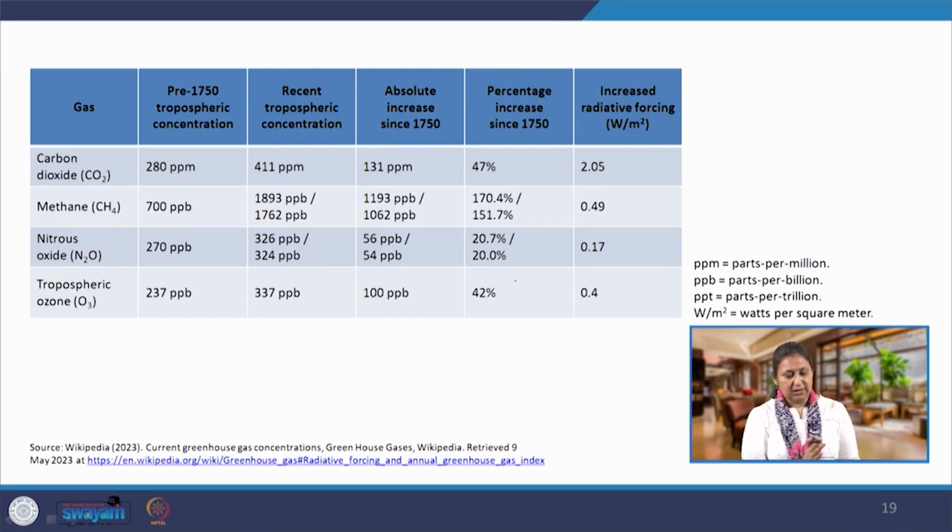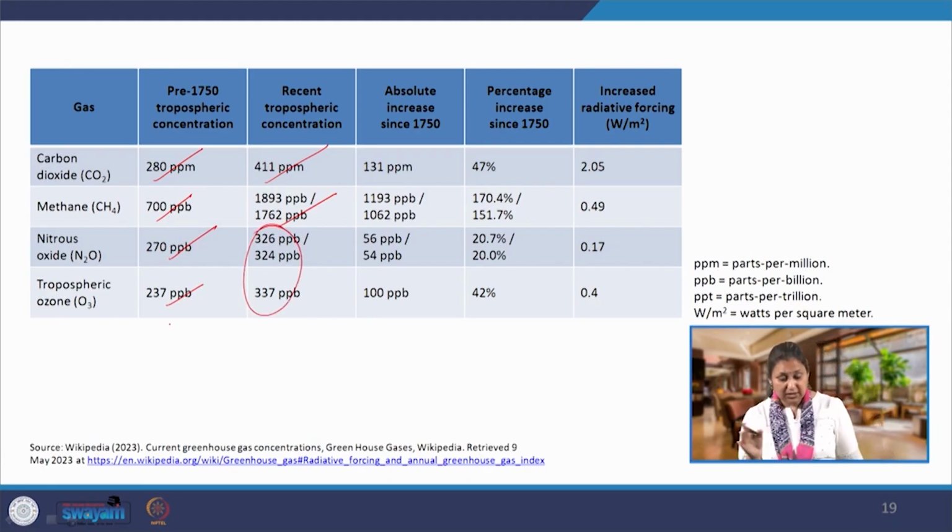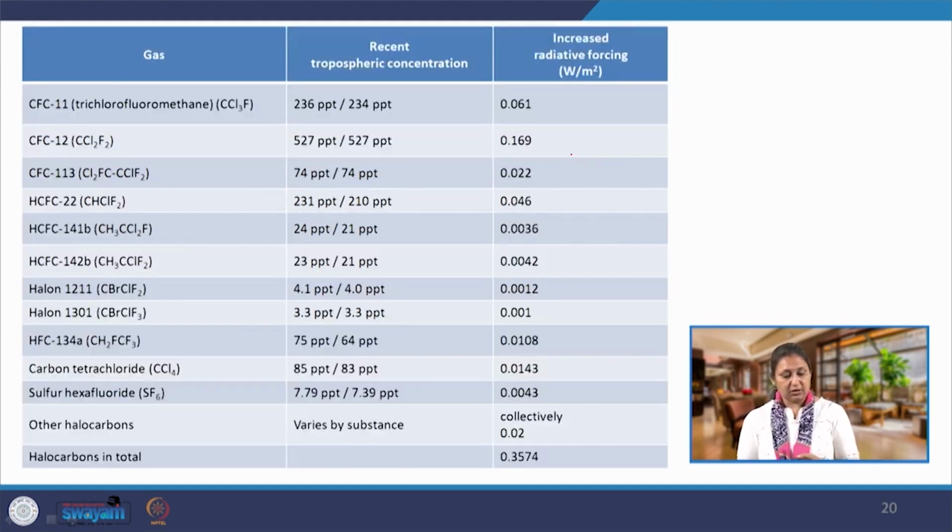Now, if we look at the levels which we have just seen in the graphs, you can see the same numbers, starting from 280, we've almost doubled. Methane, we've increased significantly, nitrous oxide and other tropospheric ozone, they've slightly increased, and this is what we are looking at. But one thing that we are looking at is the radiative forcing. So, before I tell you what this radiative forcing is, you can also see that there has been an increase in the radiative forcing. Now, we will come to understanding what this radiative forcing is, and quickly